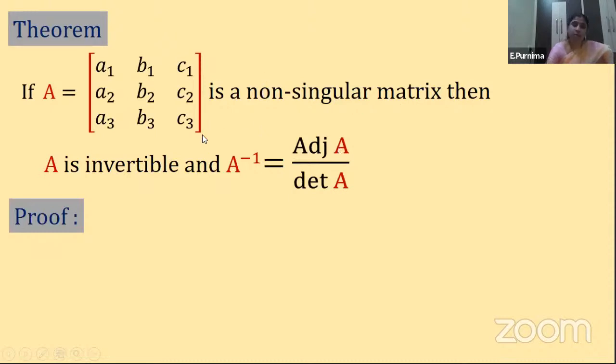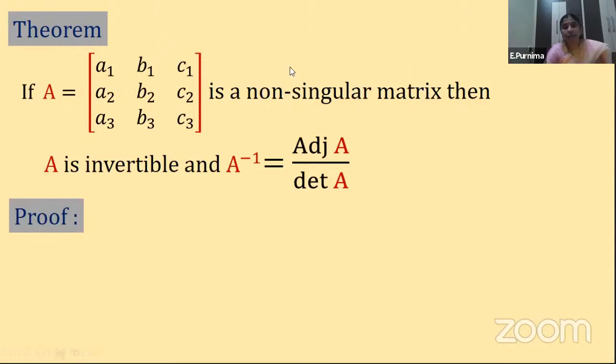So always, children, one important point here I want to tell you, make a note of it. What is an invertible matrix? I said just now, if AB is equal to BA is equal to I, the identity matrix, then B is said to be the inverse of A. Means if the product of any two matrices is giving you the identity matrix, then that matrix B is said to be what? The inverse of A. That is, A inverse is equal to B, we can write.